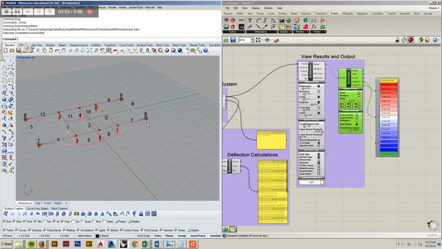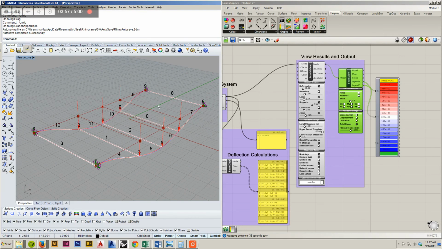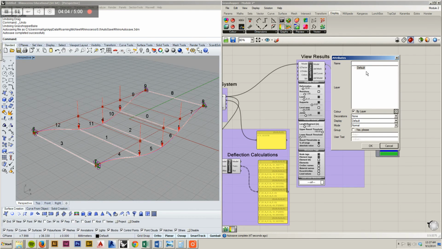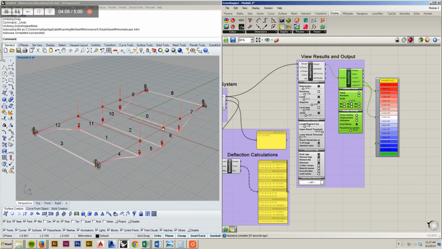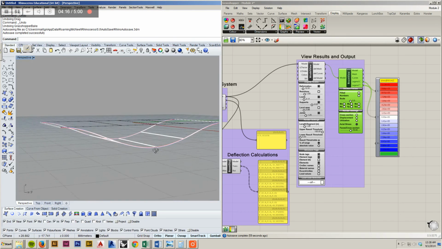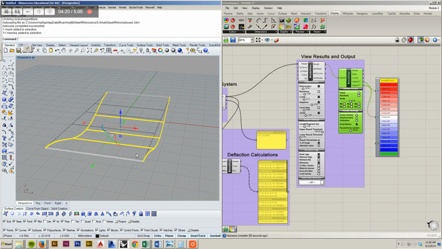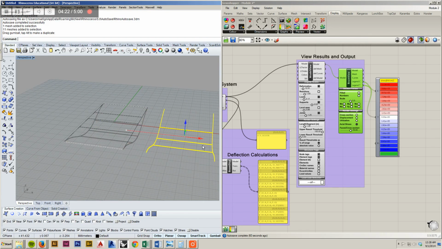So now that you have all of that, you want to take this into Rhino so that you could print your results. So if you right click on beam view and click bake, and then you can choose a layer. I'm just going to set it on the default layer. Now what I've done is export this stuff into Rhino. So if I turn off all of the Rhino stuff, you can see, turn off all the Grasshopper stuff, you can see that this stuff is now in Rhino. So if I select it all and move it all over,